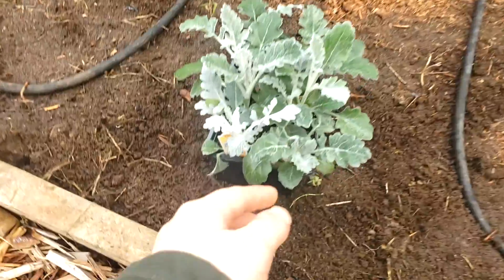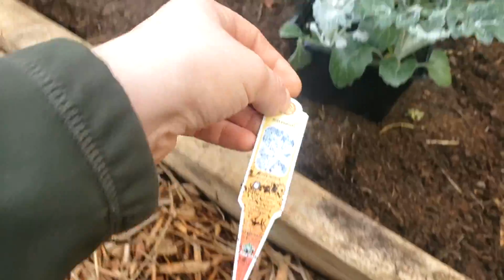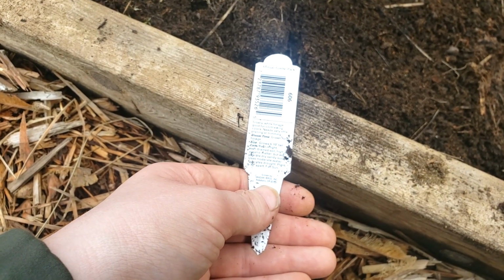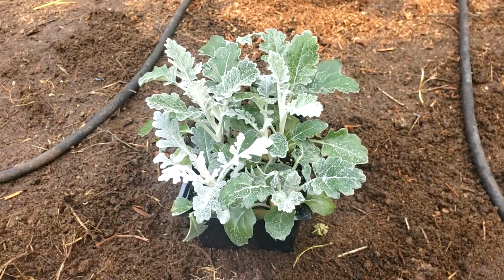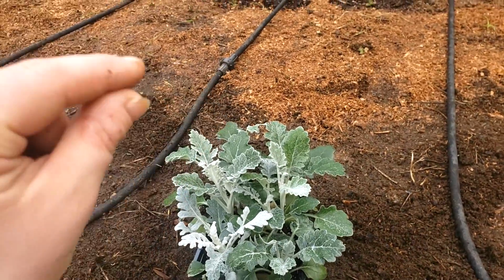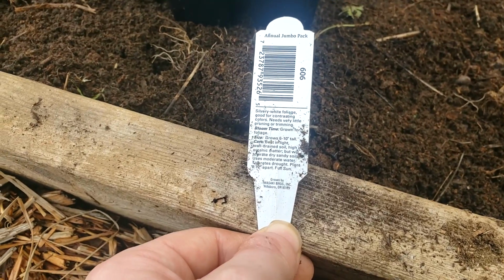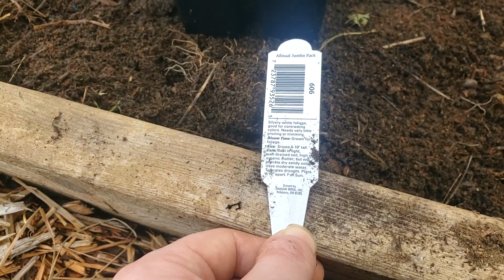I'm totally walking around this thing, but these things are so cute. So this is silver dust. Can't even read the tag. Silver white foliage with good contrasting colors. Needs very little pruning or trimming. It doesn't. This is such a great plant. It grows huge. Maybe I can find a clip from last year of how great it was. It had blooms on it, little yellow blooms, which I don't really like, so I just cut them off because I want it for the foliage. Six to ten inches tall, best in light, well-drained soil, high in organic matter, will tolerate